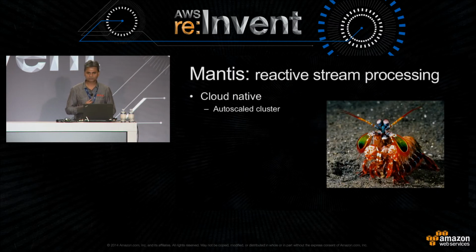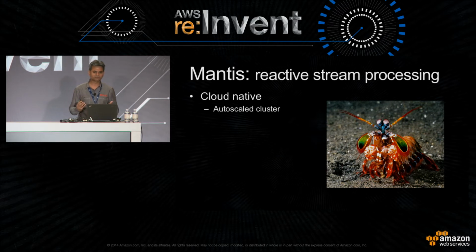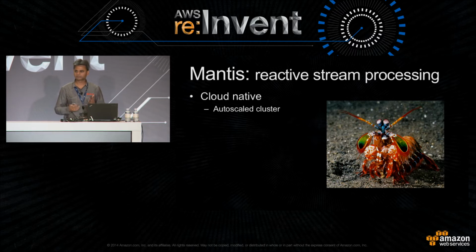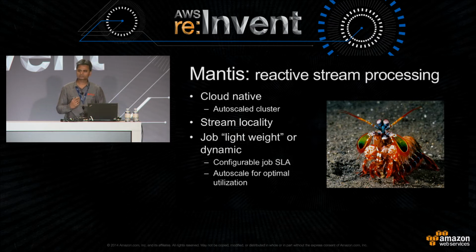And what I mean is we needed it to be cloud native, be auto-scaling with the traffic that we get. Based on the time of the day and the day of the week, the traffic does vary quite a bit. And we wanted to do optimized scheduling of the resources for achieving what we call stream locality. We'll talk about that. And also we felt that although some jobs require message delivery guarantees, such as exactly once